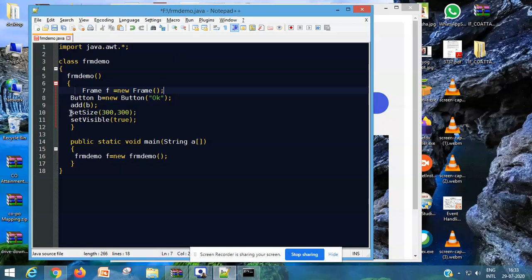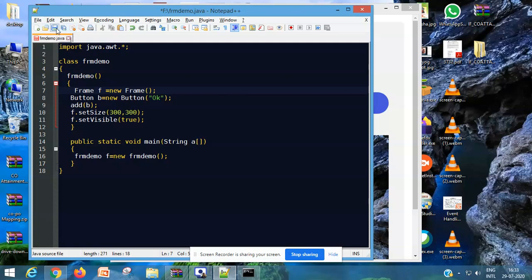And then when we call the setSize and setVisible methods, these methods will be accessed by using the f object. So I'm using f.setVisible, f.setSize. And then the object of this class will be created. So this is the second way to create a frame.